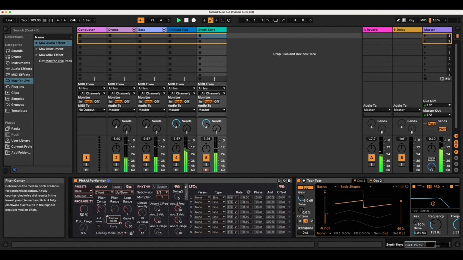to pitch center. Pitch range adjusts the amount of notes to choose from in the upper and lower bounds surrounding the pitch center. The lowest pitch range forces a single note. Higher pitch ranges allow the PinkAI Performer to select from a much wider range of notes, potentially up to the